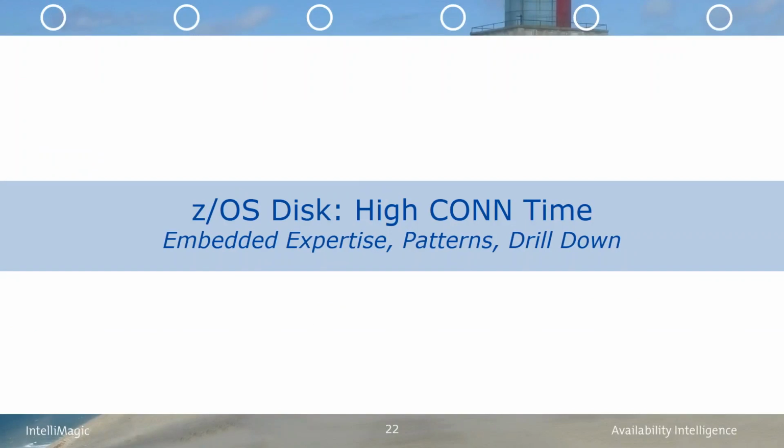So this is the first case study I'm showing you. It's an example of how IntelliMagic Vision can help you respond to performance issues, in this case caused by software changes. The embedded expertise in the dashboards highlights that there has been a sudden increase in the connect time. The patterns are used to determine exactly when the problem began, and then by drilling down to specific volumes and consulting change logs, it was easy to determine that the problem was being caused by a newly released SQL query that, once fixed, the connect time issue was eliminated. So let me take you through this example.